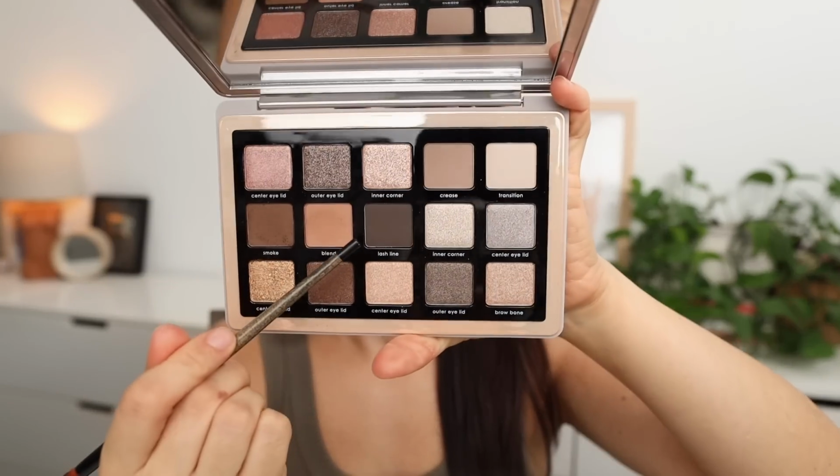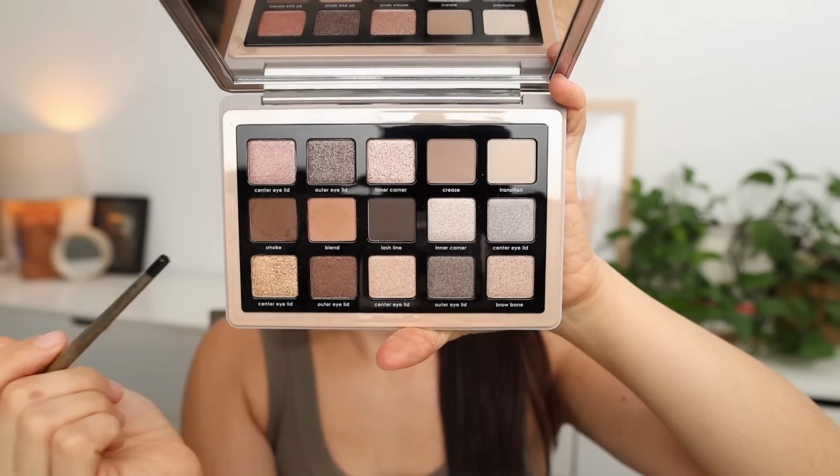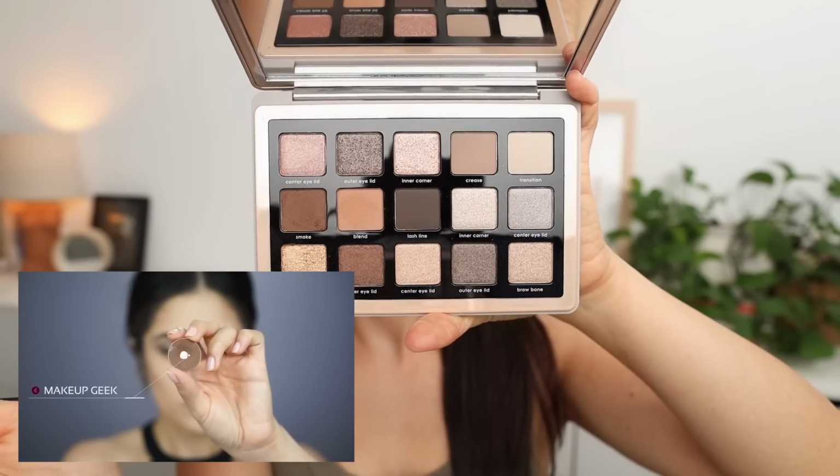So in the video, I say that I go in with this dark shadow in the crease, and then I say that it's too gray, so then I go in with a color like smoke. It was Makeup Geek Smoke. Oh my god, throwback. To modernize this a bit, instead of throwing yet another matte smoky shadow in the crease,